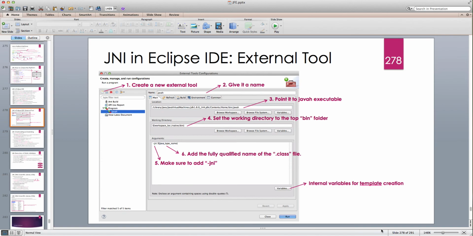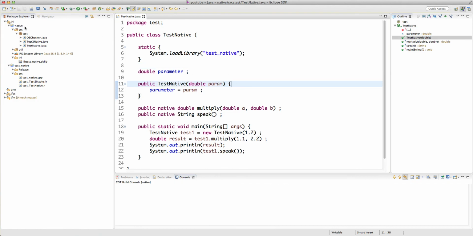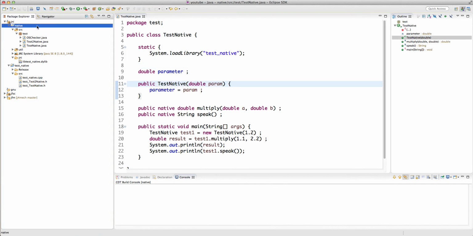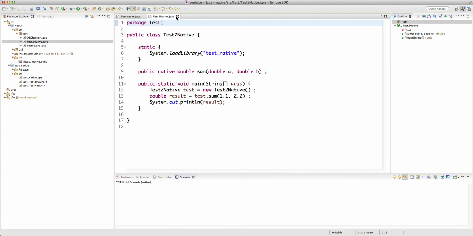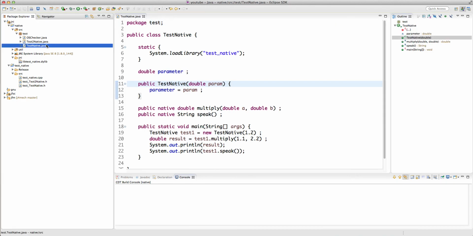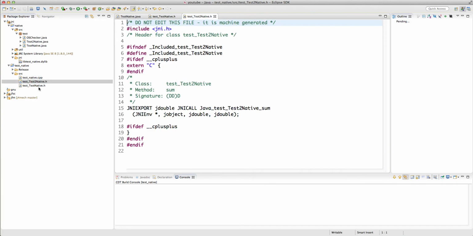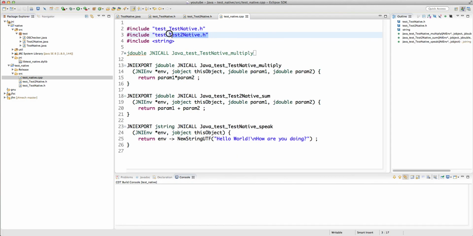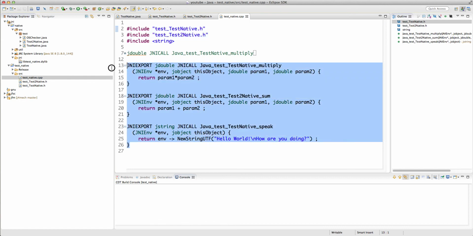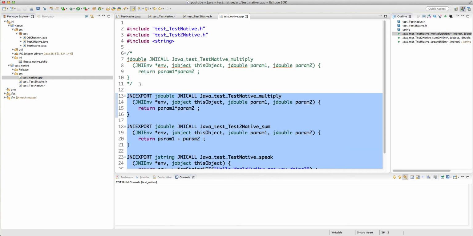Okay, so let's head to Eclipse. So far I created a Java project called Native, and it has 2 Java classes, test native and test2 native. And I created this C++ project test_native, and in the source folder we have these 2 header files, one header file for each class, and then the CPP file that includes the 2 header files and implements the body for